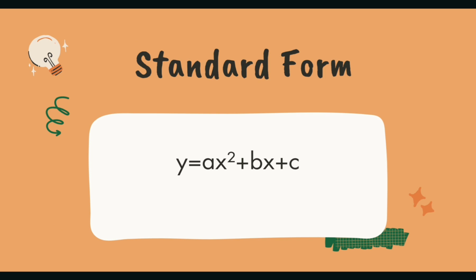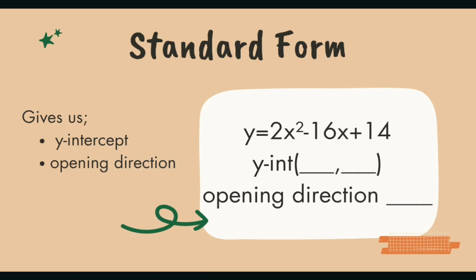Our first form is the standard form. We represent the standard form as y equals ax squared plus bx plus c. The standard form gives us the y-intercept and the opening direction. Now let's look at our example. y equals 2x squared minus 16x plus 14. In the standard form, c gives us the y-intercept. In this example, c is 14, so